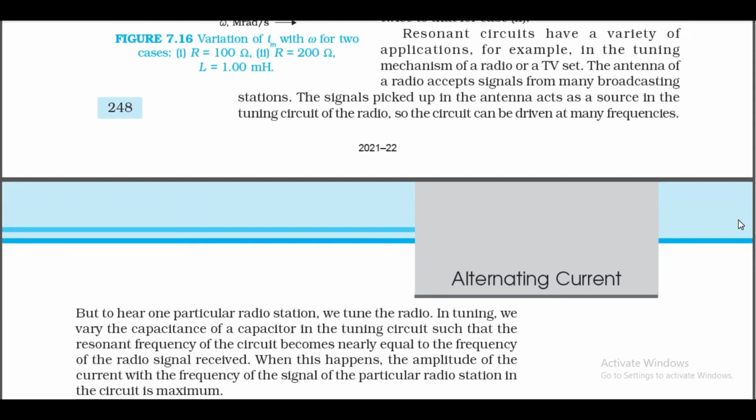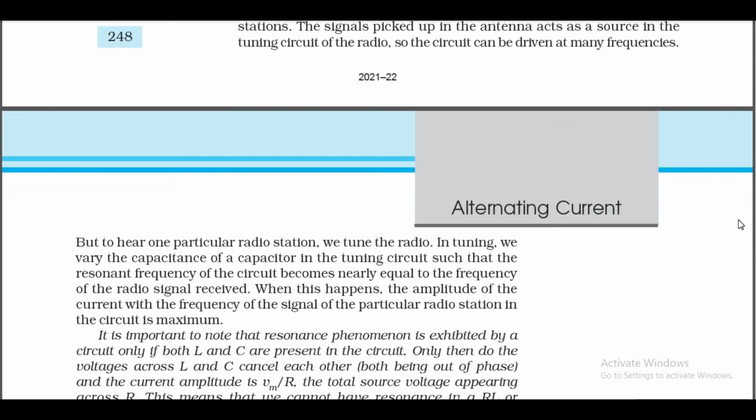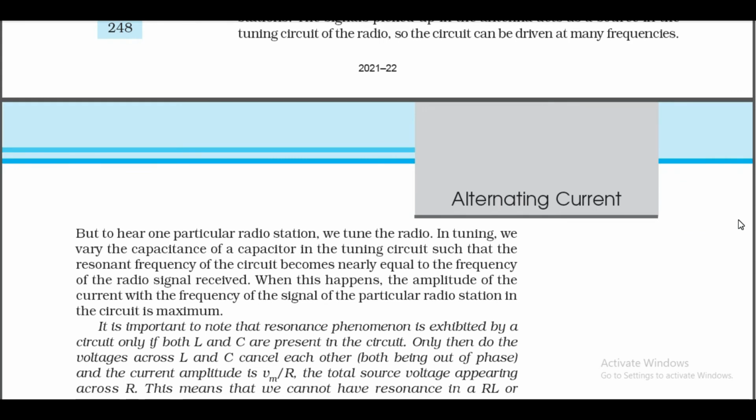But to hear one particular radio station, we tune the radio. In tuning, we vary the capacitance of the capacitor in the tuning circuit